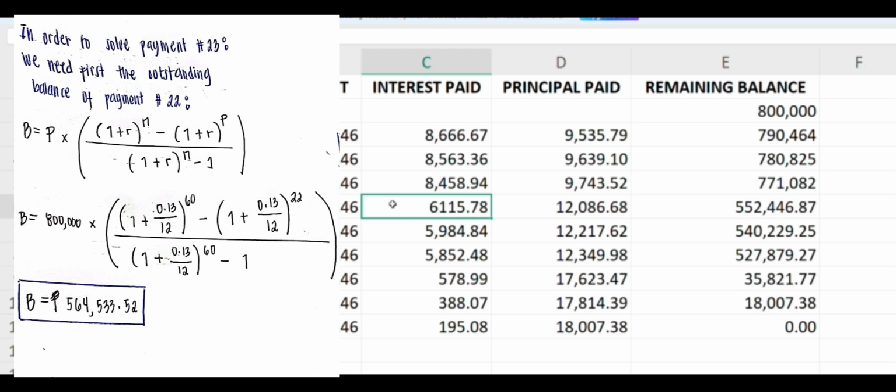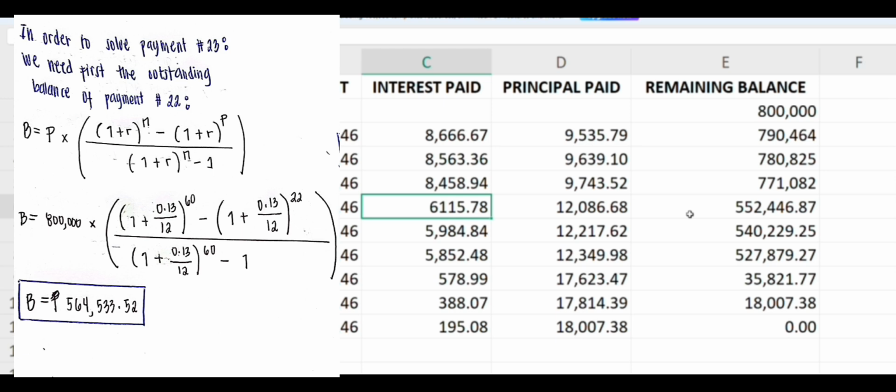So substituting all the values, 800,000 times the quantity of 1 plus 0.13 divided by 12 raised to 60 minus the quantity of 1 plus 0.13 divided by 12 raised to 22, all over the quantity of 1 plus 0.13 divided by 12 raised to 60 minus 1, would give us a value of